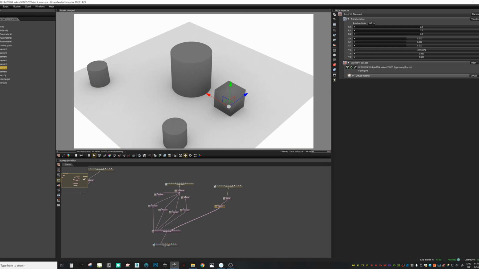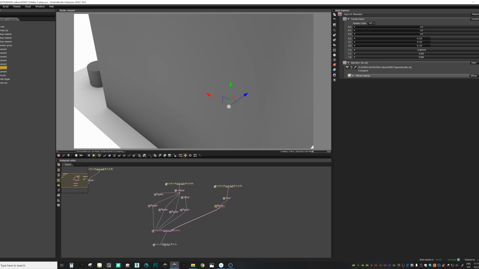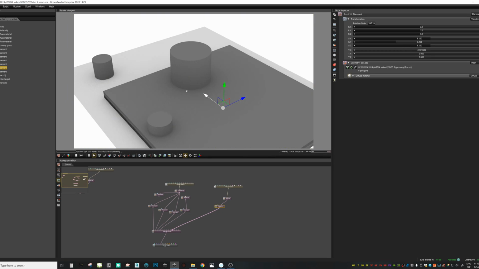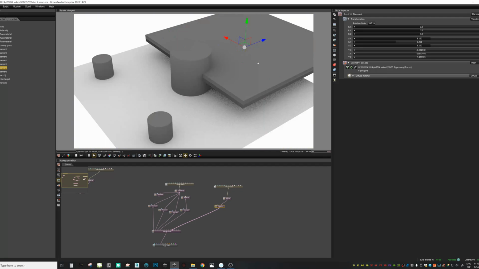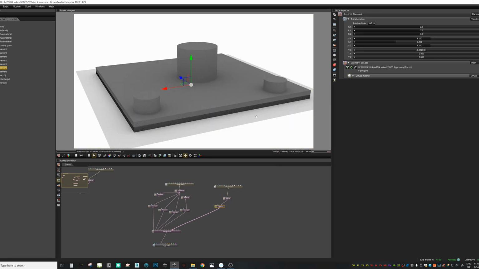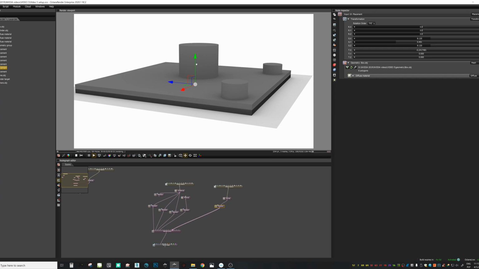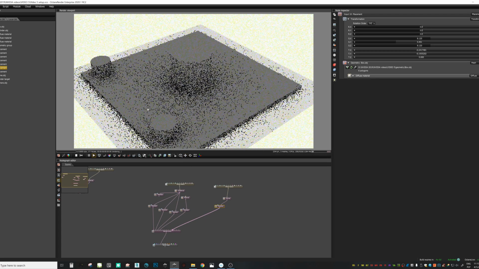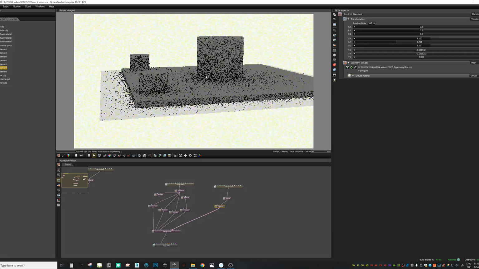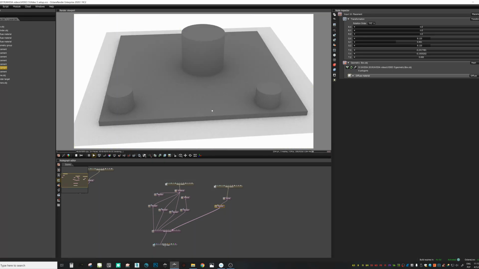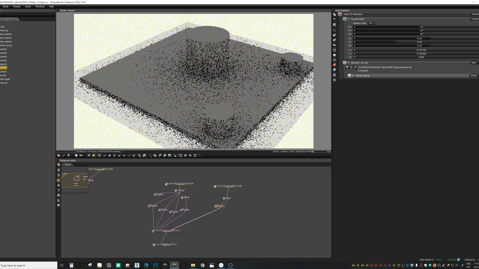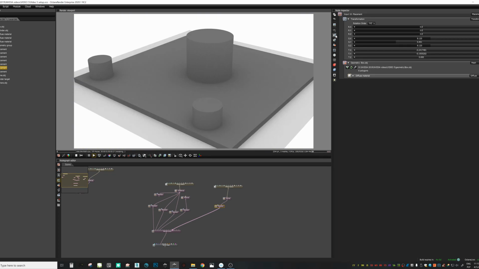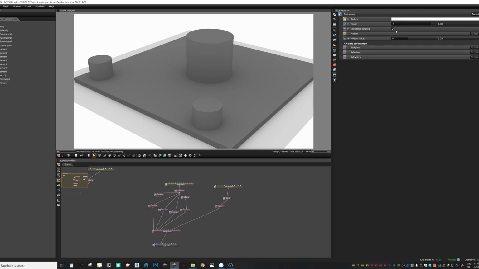Let's make it something like that, when you have more than one object that's sort of embracing all those cylinders. It might be some platform, whatever. I'm just going to show you first what's going on, but I think it's a good idea to maybe get rid of that flat lighting right now